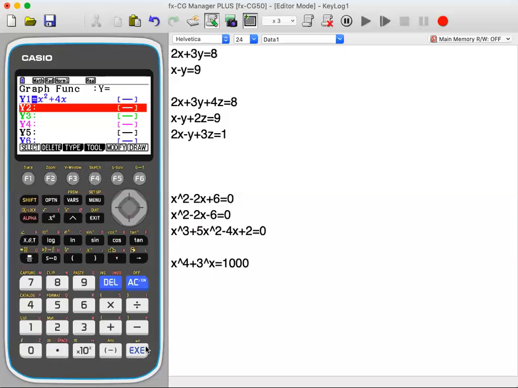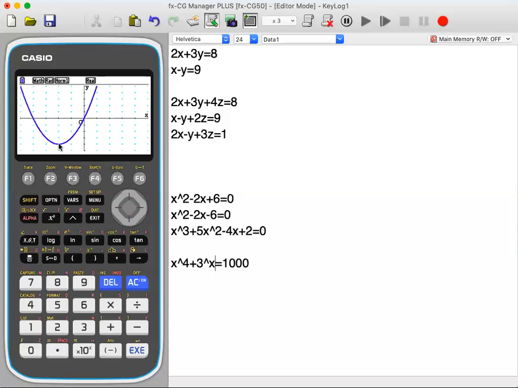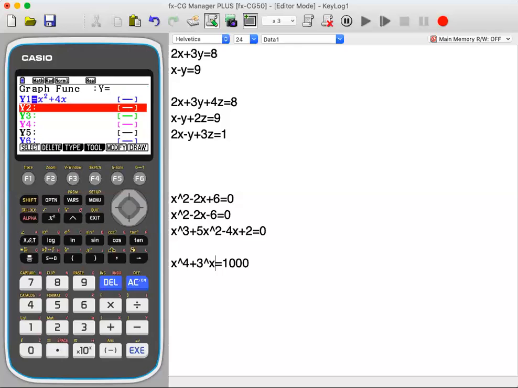Let's say I want to see the critical properties of the graph, like what is the maximum or minimum. You can press this button, which is called gsolve, the F5 button. So it gives you the root automatically. You can see the roots, and if you press this, you get the other two roots. You can clearly see them on the graph. All right, so what we'll do is, guys, yeah.